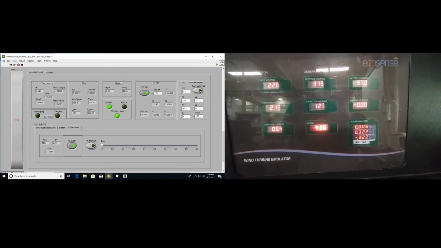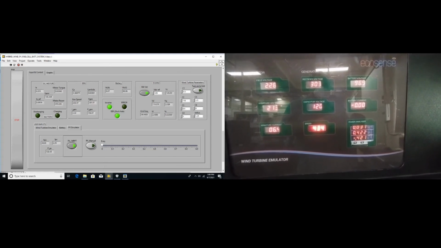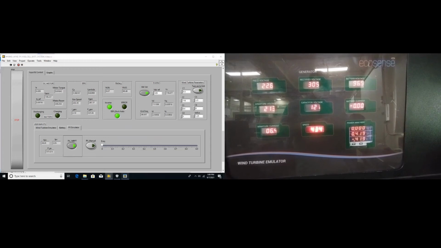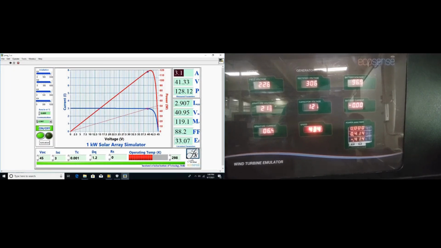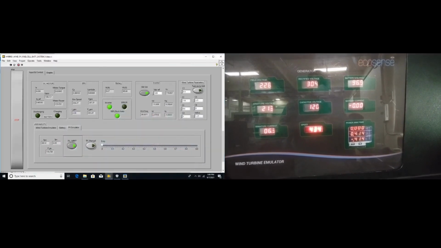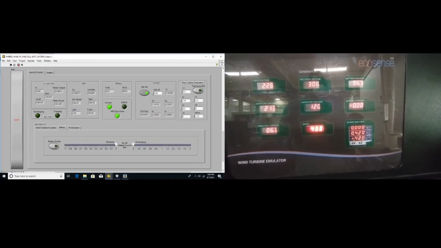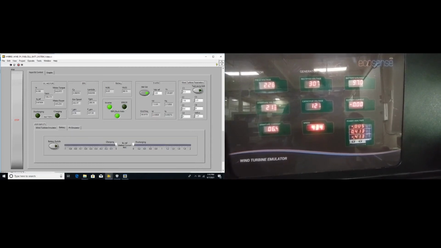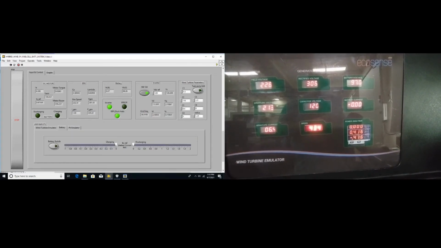We again switched on the PV emulator, and again PV emulator is generating power which is going towards the grid. So the total power added, PV emulator power plus power generated by wind emulator, is going towards the grid.